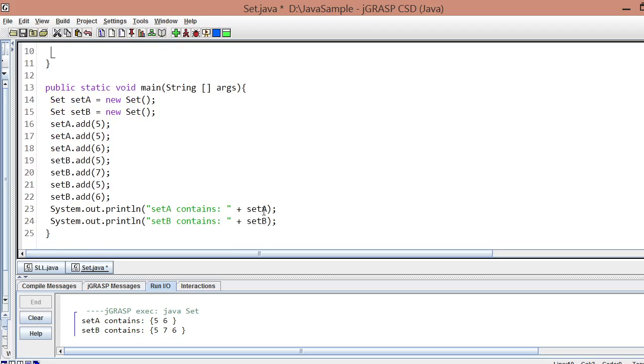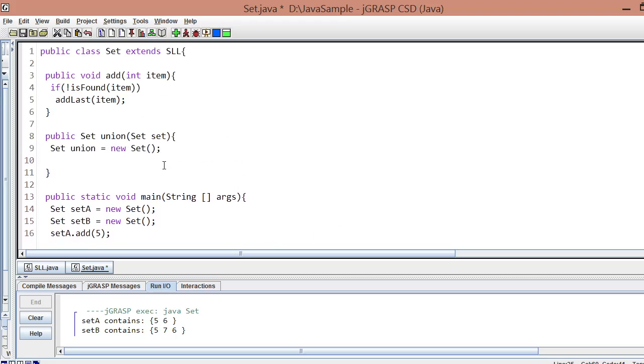So if we display the union of two sets, let's have System.out.println set A dot union set B. So doing this, we call set A dot union, then set B. Diba, we are expecting that the elements to be displayed should be 5, 6, and 7. So set A is the calling object, set B is the argument.